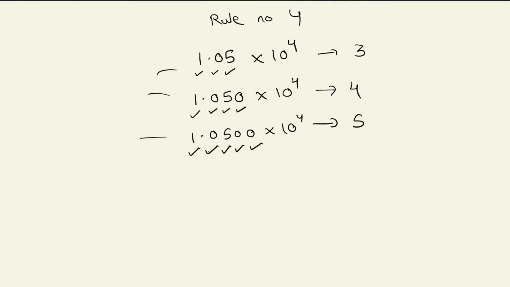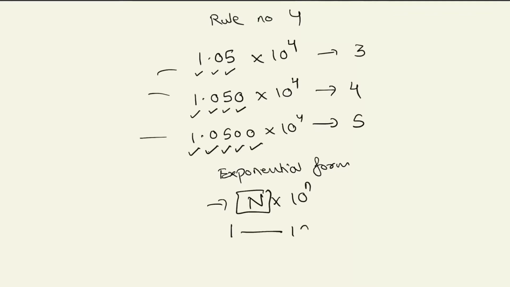Here this method of representing a number is basically exponential form. When we say exponential form, we always express it in the manner like this. This is an integer whose value lies between 1 to 10 and this is the exponent. This exponent can be positive, it can be negative, and basically this notation is used when very large numbers are there or very small numbers are there. So we don't have to write such a big number of digits. We simply express them in the exponential form.